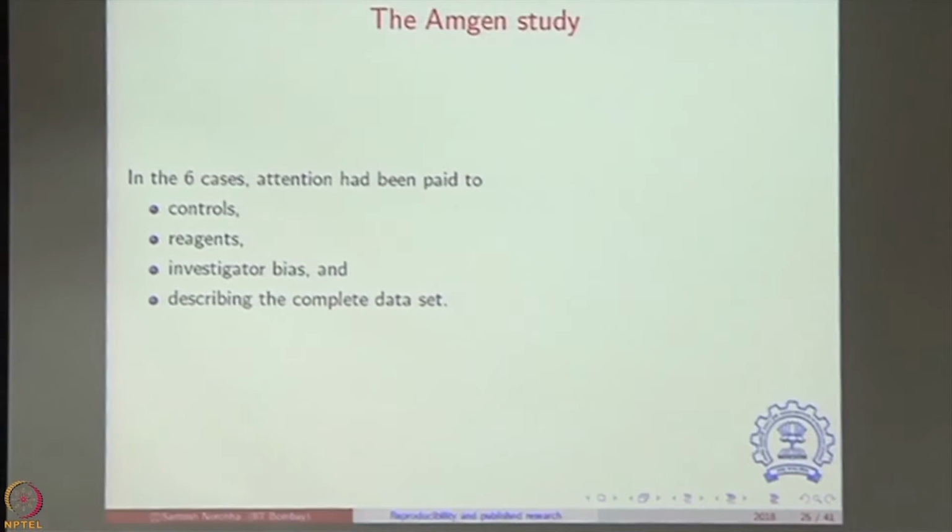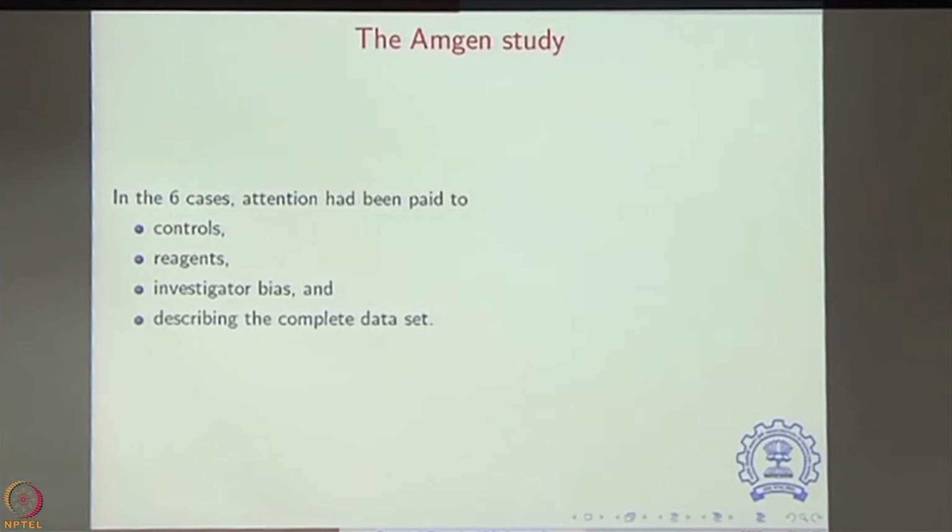You need the right controls. You do not make claims about results based on only a test case. You do the controls. The reagents were reproducible, and this you will realize most of you are doing wet lab experiments. Reagents, especially in the immunology space, are hard to obtain in a reproducible fashion, antibodies in particular. Okay, batch to batch variation exists and you are unable to reproduce results. So, in the 6 cases, there was the ability to manufacture these reagents reproducibly, and that made a huge difference.